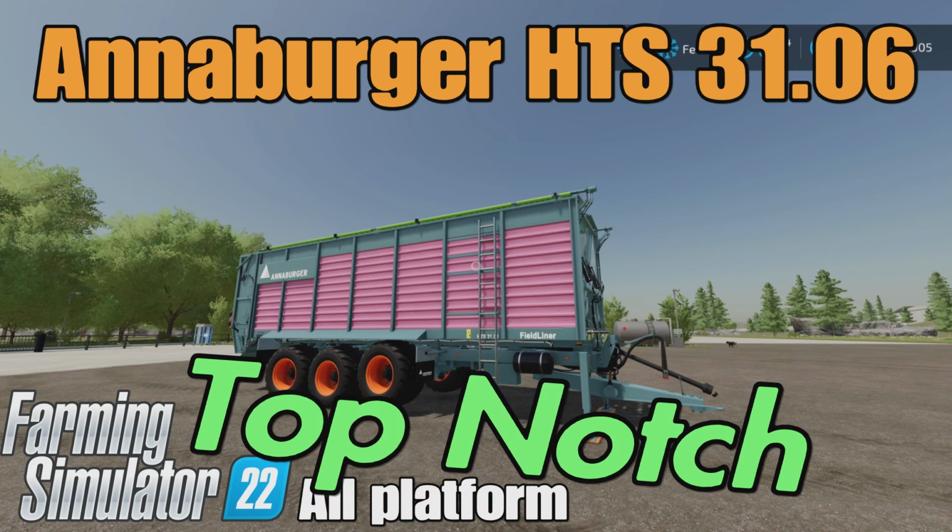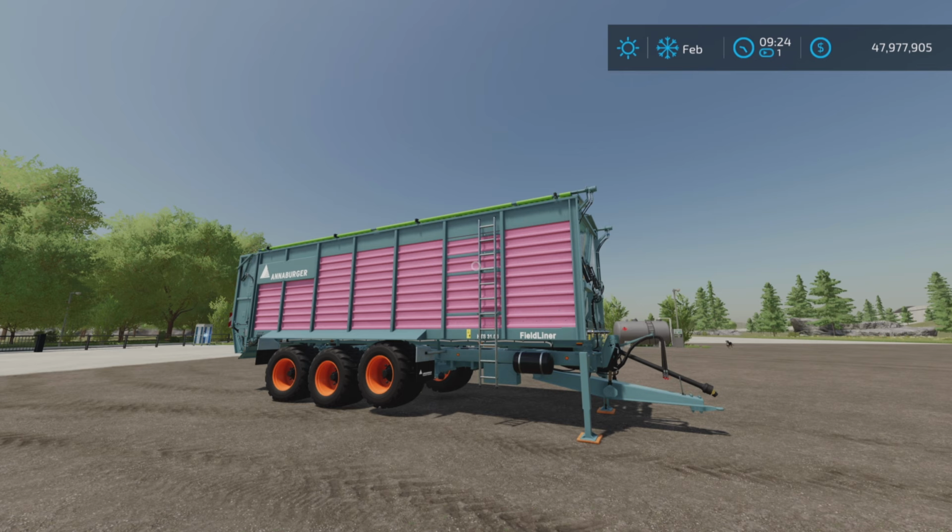Farm Guy here, and this is the Annaburger HTS 31.06 by HR Forst on Farming Simulator 22. It's for all platforms, PC, Mac, and console. I'm on PS5 here on the Rock Crawl map for this test and demonstration of this very cool and useful